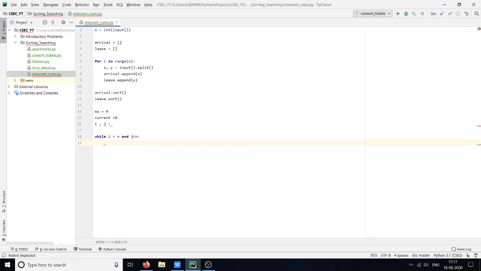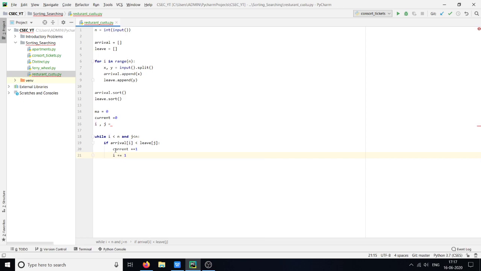now what we will do is check the arrival time. If arrival of i, if a customer arrives and is less than leave, then in this situation one customer is added to the restaurant and i will be incremented by 1.